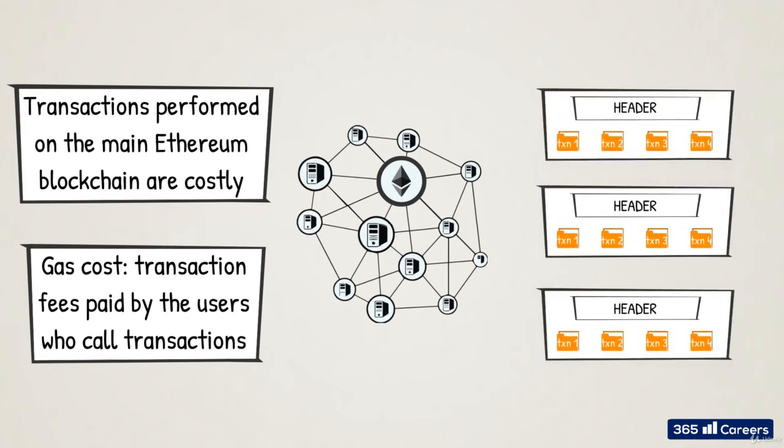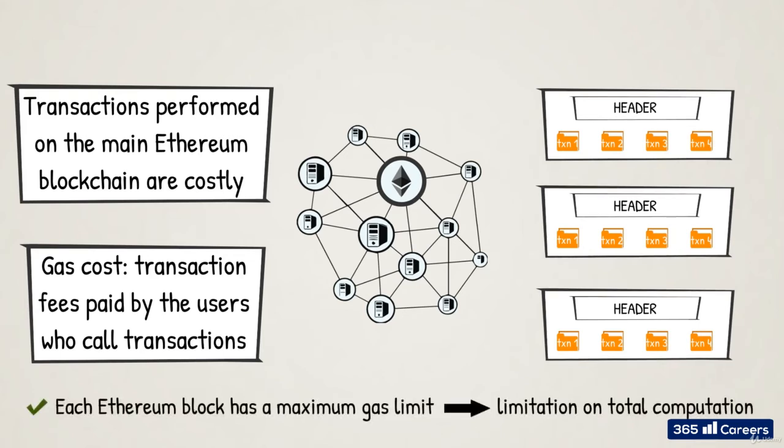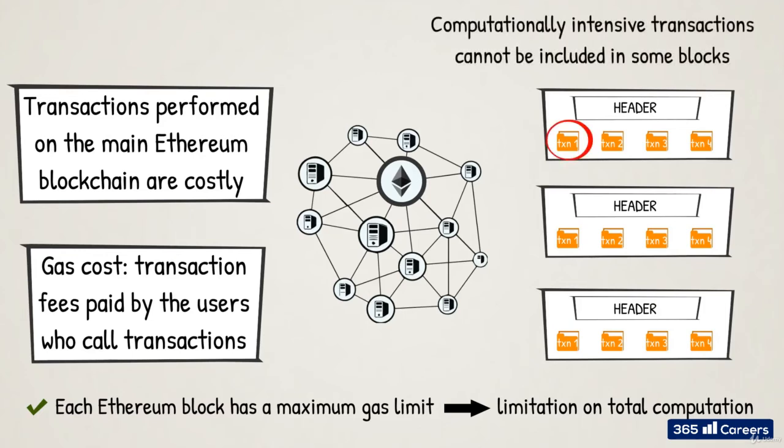Moreover, each Ethereum block has a maximum gas limit that sets a cap on how much total computation can be done by all transactions in a block. Therefore, some tasks that are too computationally intensive cannot be included in a block, even if they were the only